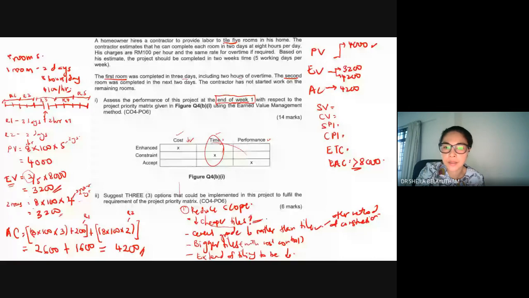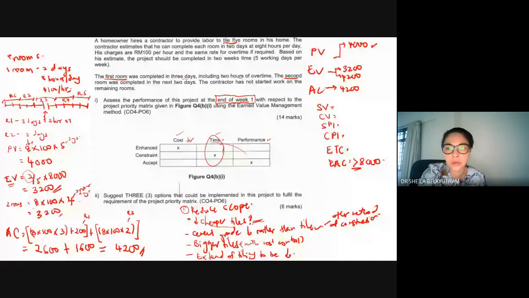Okay, so cheaper tiles in what sense? It could reduce the cost definitely, but how does it reduce the time? How can the cheaper tiles also reduce the time? We are constrained. Okay, so if there is proper justification and it makes sense, you will get 2 marks